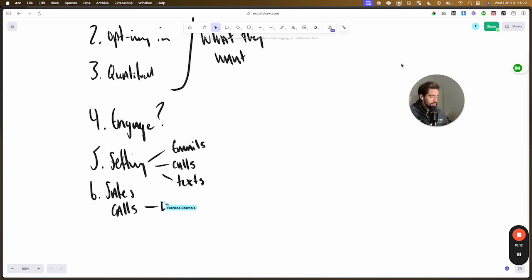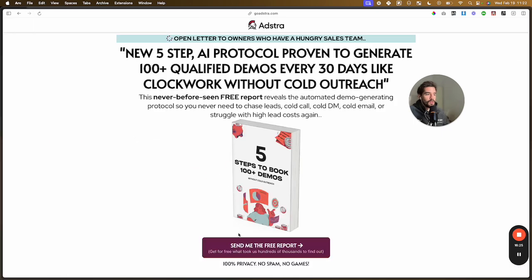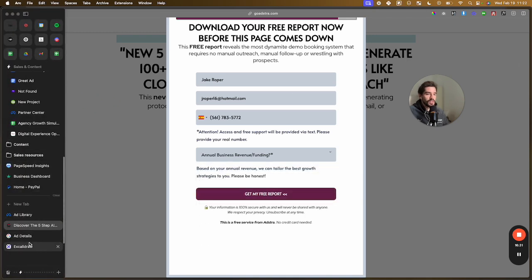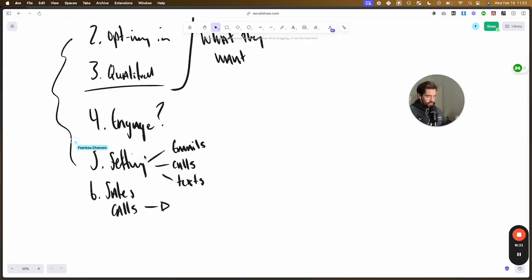And then at any stage, you can find confusion points here. You can find, oh, you know what? The leads aren't that qualified, right? What we do is we ask for an opt-in step. We know we can only work with people over 100K a year, so that's the thing that we ask for. We get that information before they become a lead, so we know if they're qualified or not.